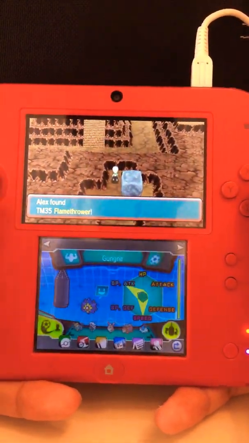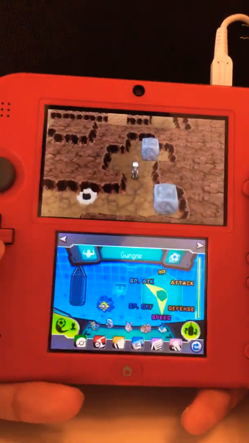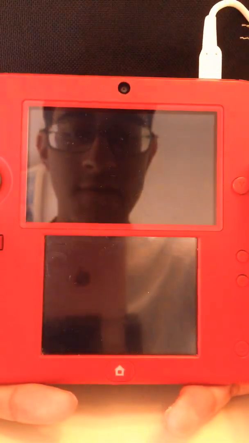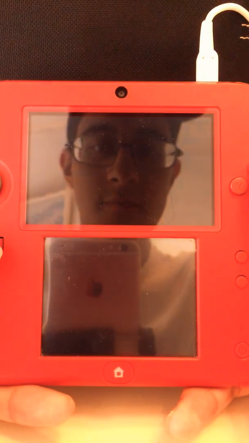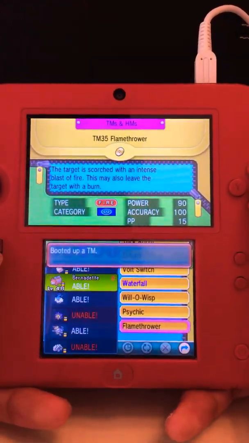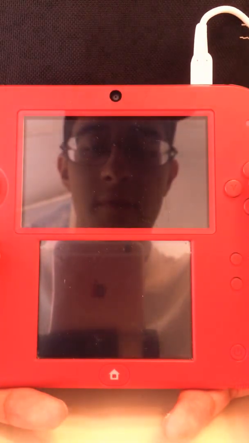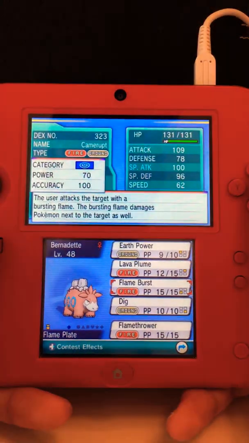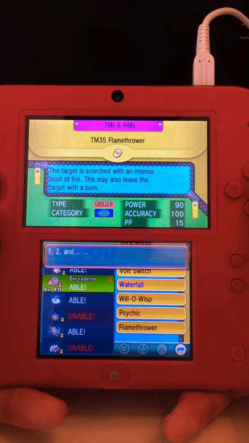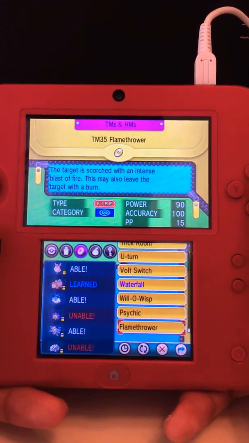Flamethrower. Awesome! Okay, now we have one of the most important moves for the Steven fight. And I'm gonna proceed to teach this to... Whoops. Accidental badge flags. Proceed to teach this to Bernadette. Yeah, Machamp can learn Flamethrower. I remember that was like a Mystery Dungeon thing that I used to do. Lava Plume is good, because you can burn more often than Flamethrower. So I'm gonna keep it. And I'm also gonna teach this to...